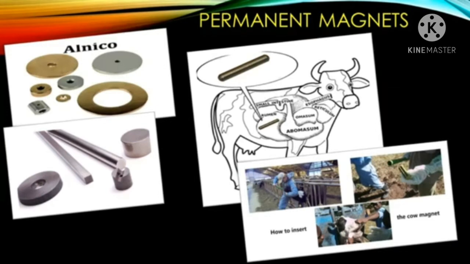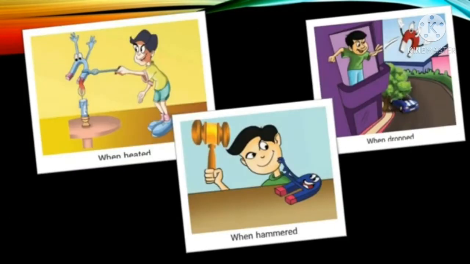There are four types of permanent magnets. They are ceramic or ferrite, alnico, samarium cobalt, and neodymium iron boron. The magnetic properties of a magnet will be removed by the following ways: placing the magnet idle for a long time, continuous hammering of the magnetic substance, dropping the magnet from a height, heating a magnet to a high temperature, passing a variable current in a coil that encloses the magnet, and improper storage of the magnet.